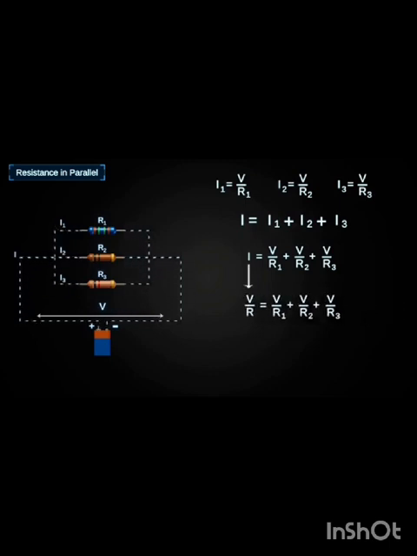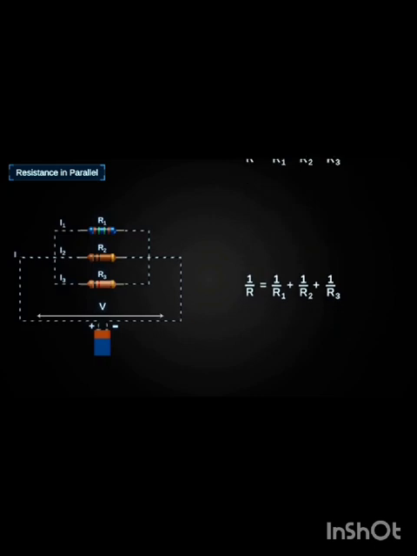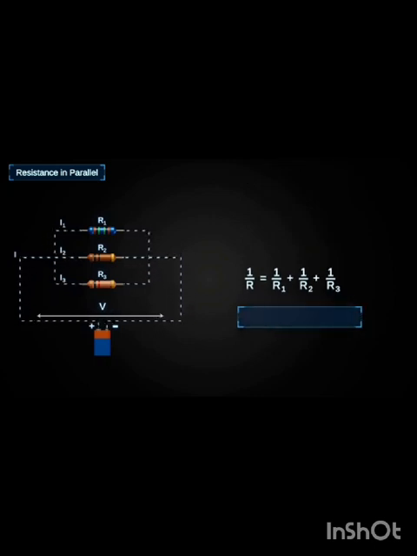Now, substituting the value of I on the left hand side, we get V by R, where voltage on both sides gets cancelled. Here, 1 by R is the total resistance, that is equal to the sum of reciprocals of the three different resistors. This is total